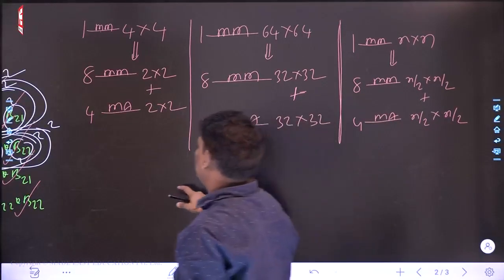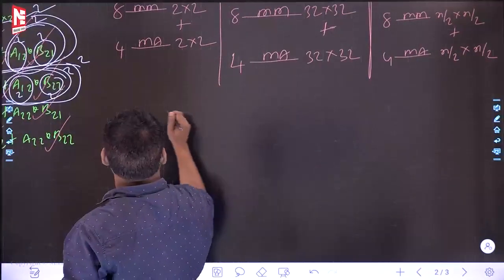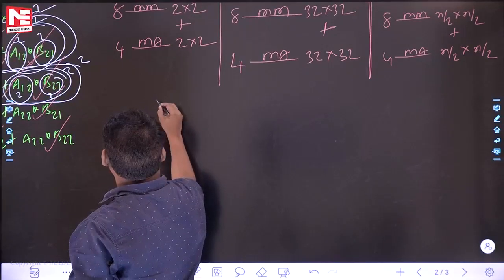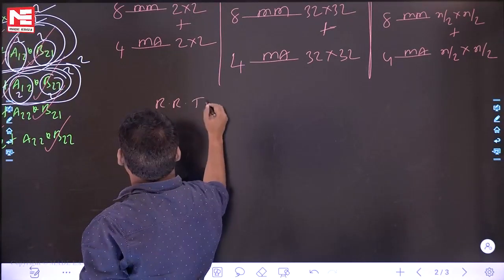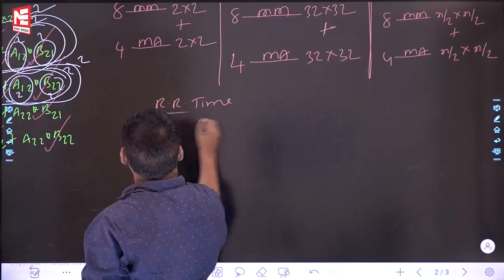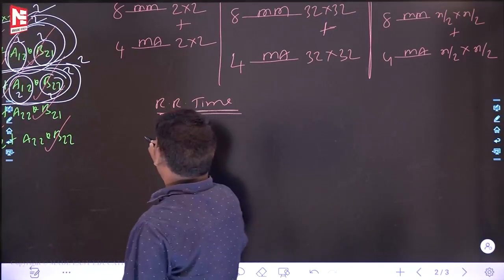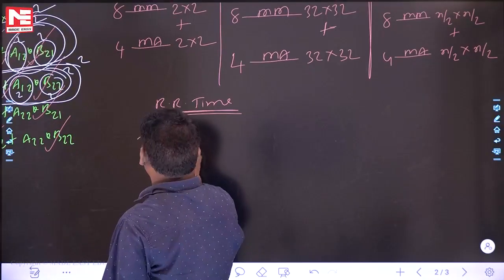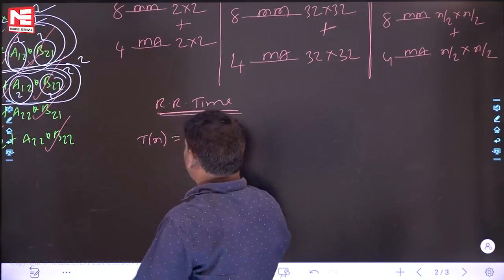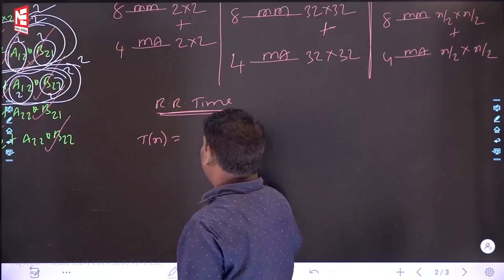Now see the next story. I am writing the recurrence relation for time complexity. Carefully listen. Before writing the recurrence relation, I have to define what T(n) is. T(n) is equal to